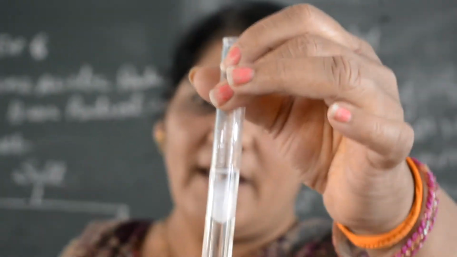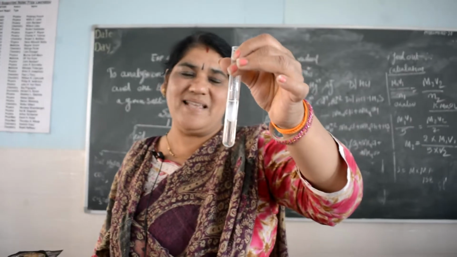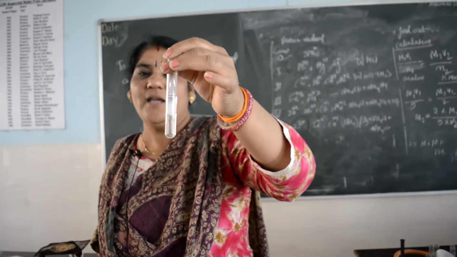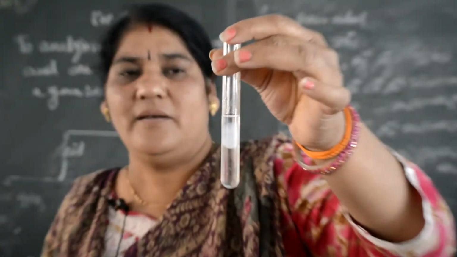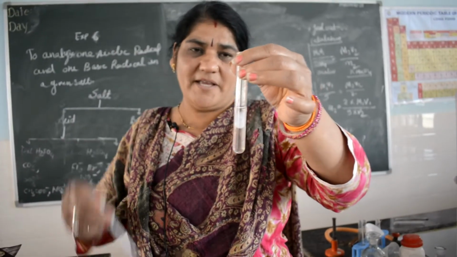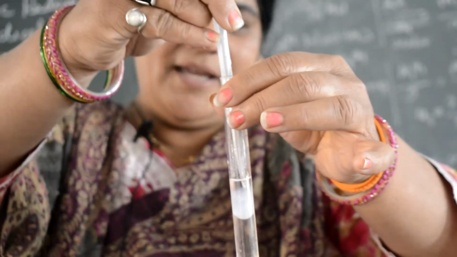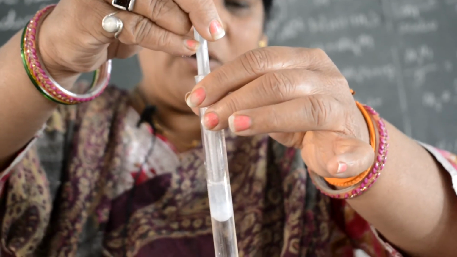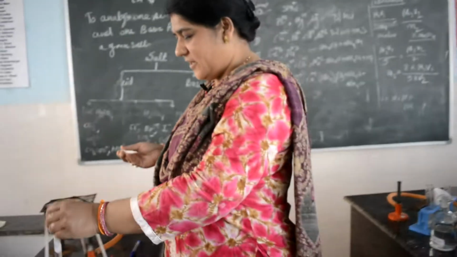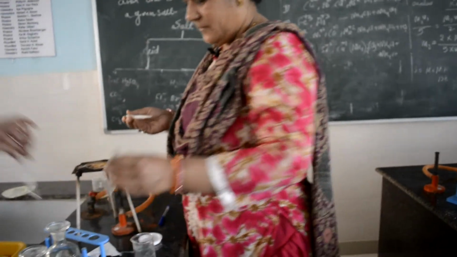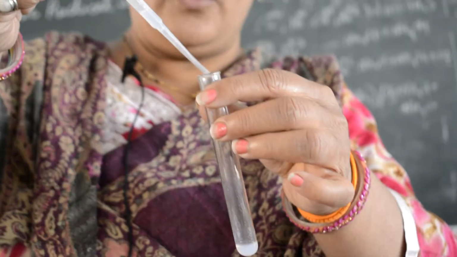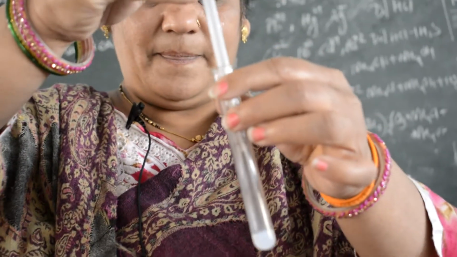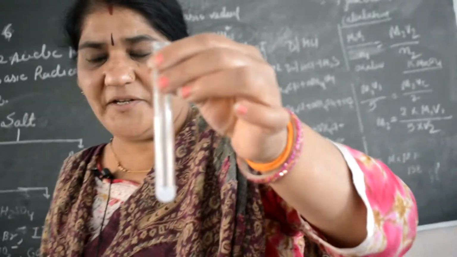Now take this PPT for the confirmatory test, since the gelatinous PPT is present, so aluminium +3 ion may be present. Now we do the confirmatory test. Take this PPT with the help of a dropper, because it is gelatinous. When you filter, the PPT will not be obtained. So take this PPT in a test tube.